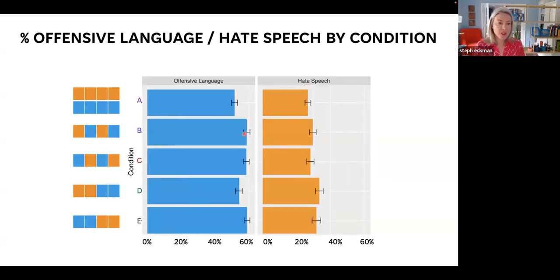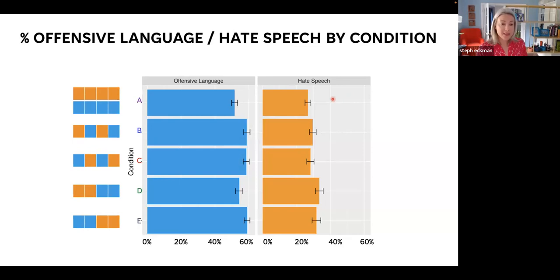So here are the results. If we look just at the blue boxes in the left-hand panel, these are the rates, or the percent of tweets, labeled with offensive language in each of the conditions. I'm not showing you statistical significance stars here, but we did do that testing, and a lot of these are significantly different. We see that condition A collects many fewer offensive language labels than, say, B or C, right? Condition A is the one that was a select all that apply, and B and C had a separate screen for the offensive language condition. So there's something going on there that causes annotators to less often select offensive language in condition A than in conditions B and C. B and C themselves are operating very similarly, not a lot of difference there.